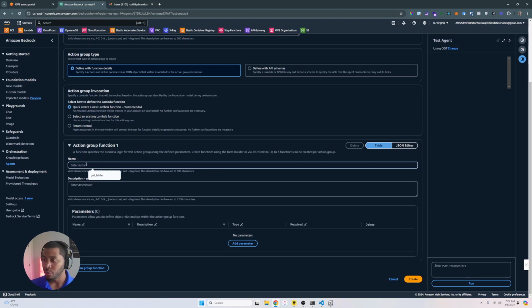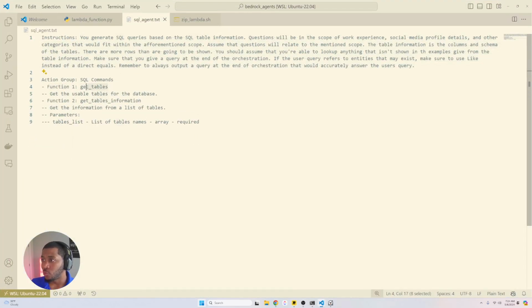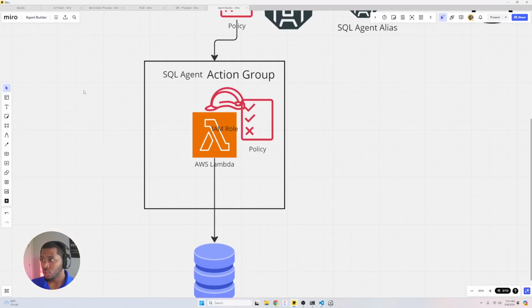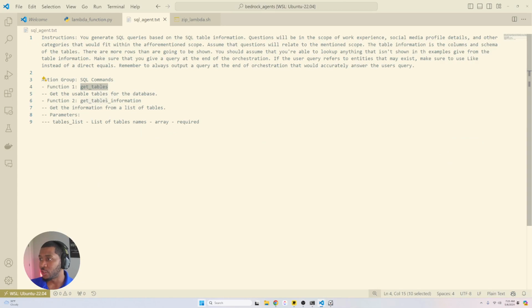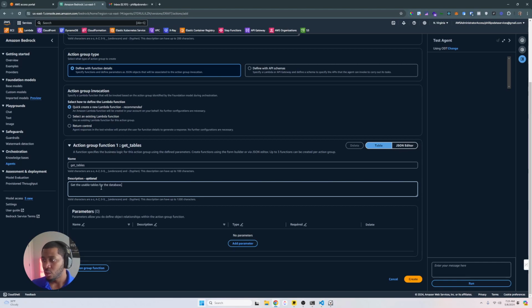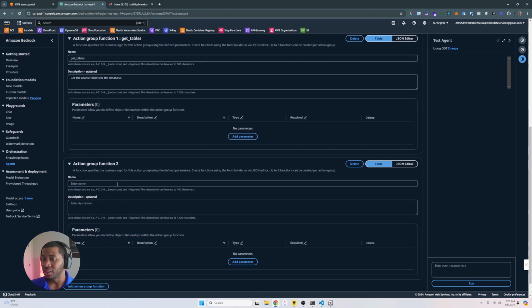And so first, we're going to put the name. Again, I've already outlined these. We're going to call it get tables for the first one. And we already have the description, which is get the usable tables for the database. This one isn't going to take any parameters, so we can click the button add group function, and we're going to add the second function,